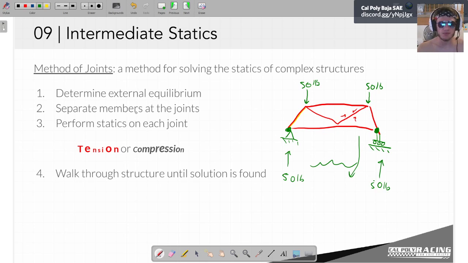Next, we want to separate the members at each of the joints. The whole idea of the method of joints is that every joint is a bolt that has a whole bunch of different forces on that bolt. But all the forces have to be equal to 0. If the sum, let me write this down here in math speak, if the sum of your forces is not equal to 0,